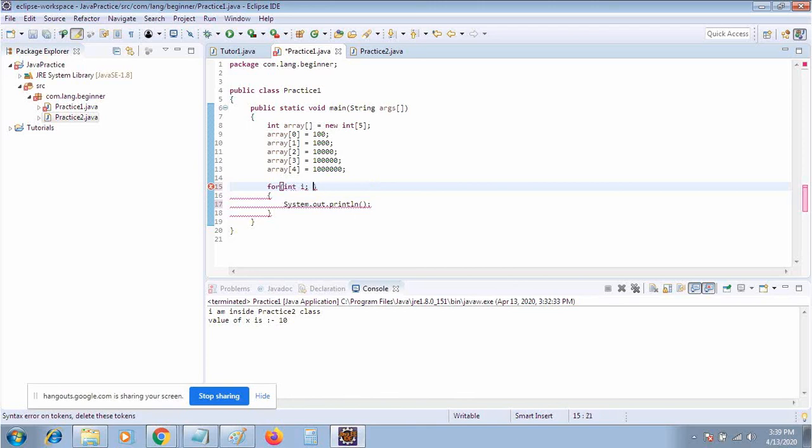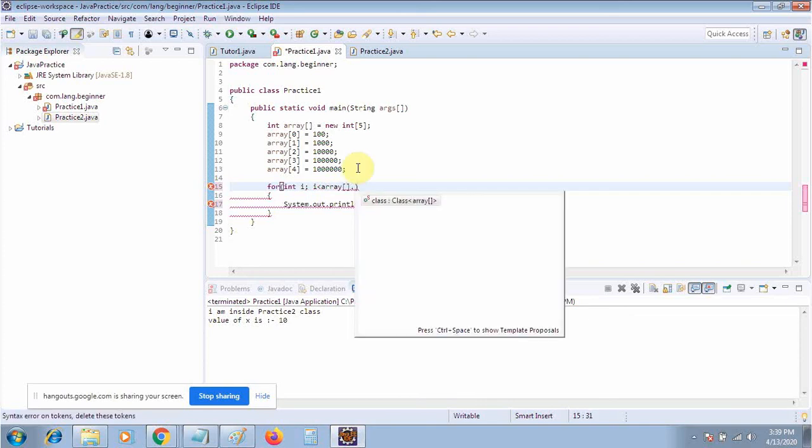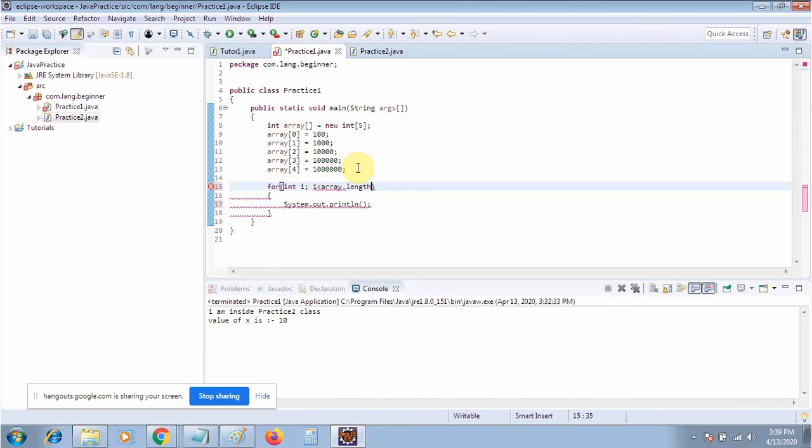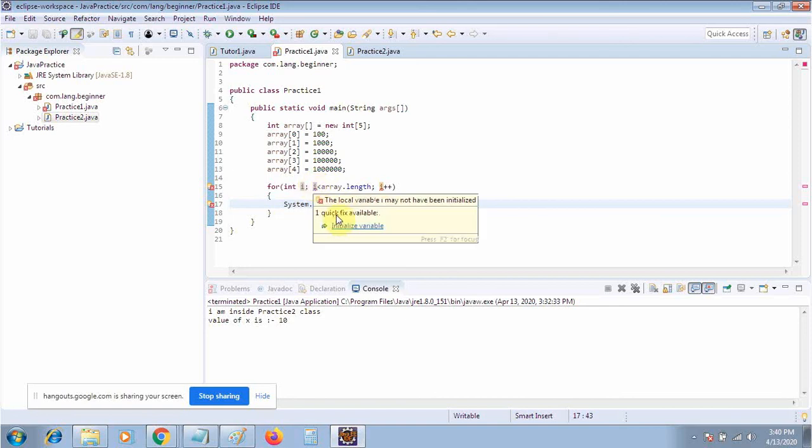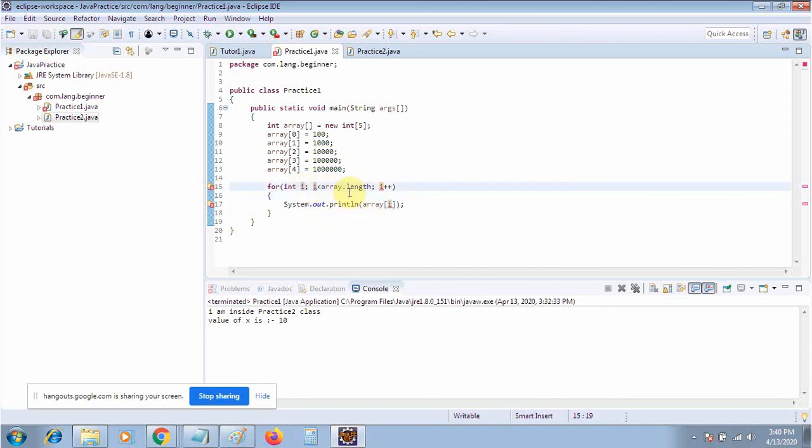I will say that i is less than, and then I increment.